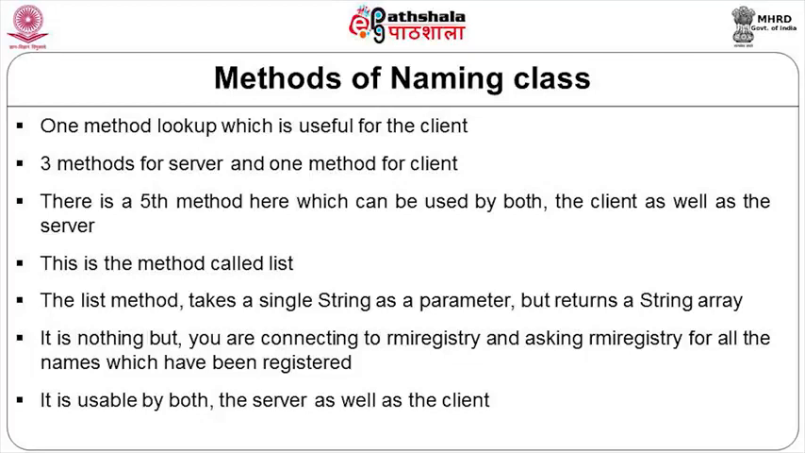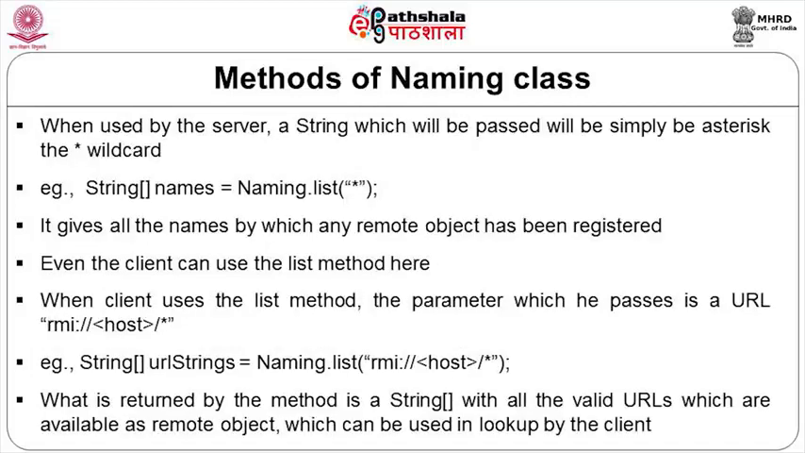So it's usable by both the server as well as the client. When used by the server, the string which will be passed will be simply an asterisk, the star, the wildcard. So with Naming.list on the server side, he passes star as a parameter. What he gets back is a list of all the names by which some remote object has been registered. Whereas for the client, even the client can use the list method here. When he uses the list method, the parameter which he passes uses a URL format, RMI://